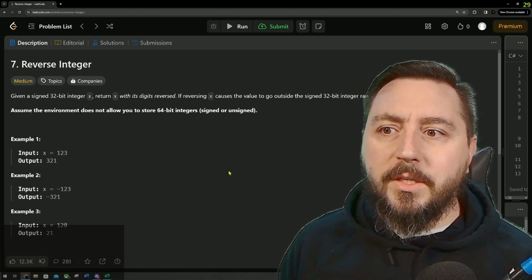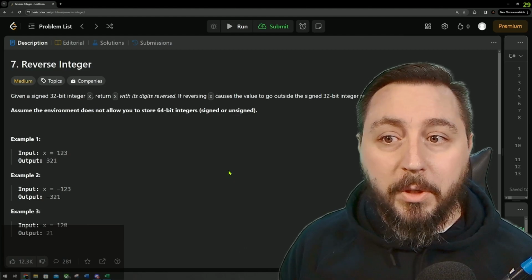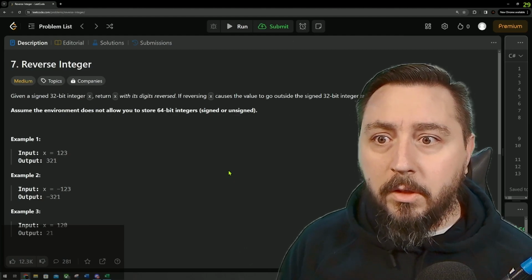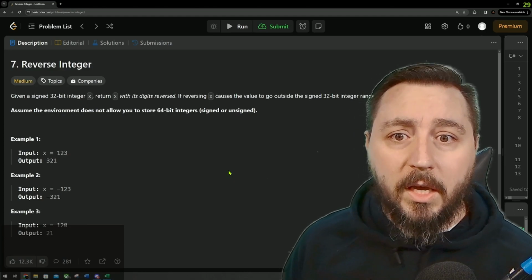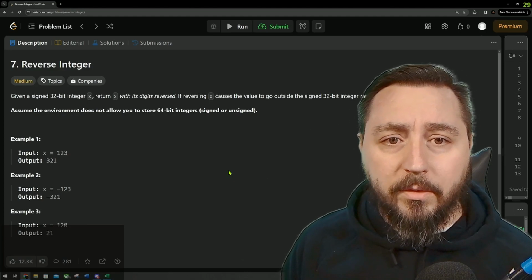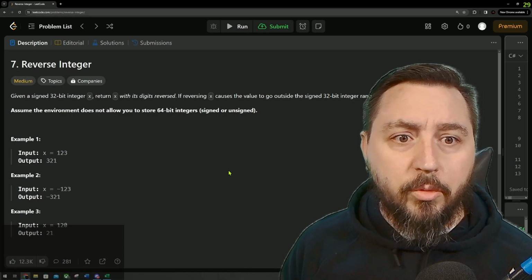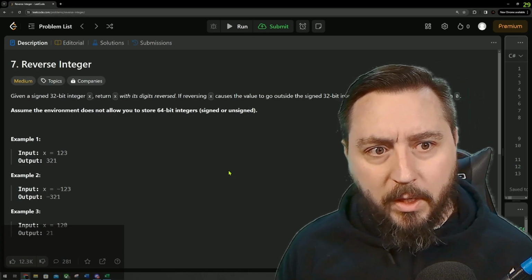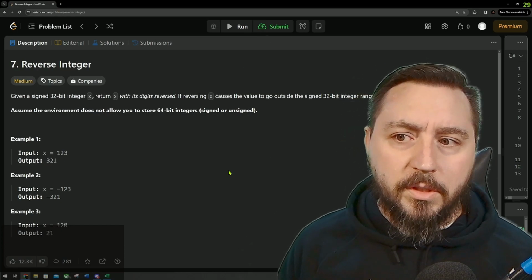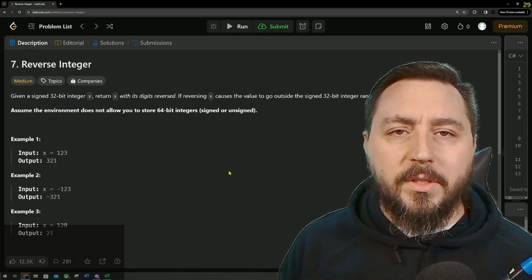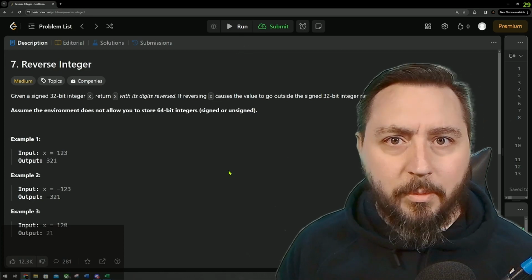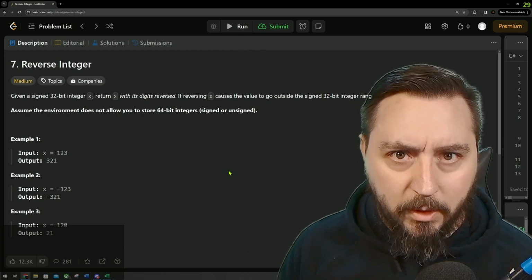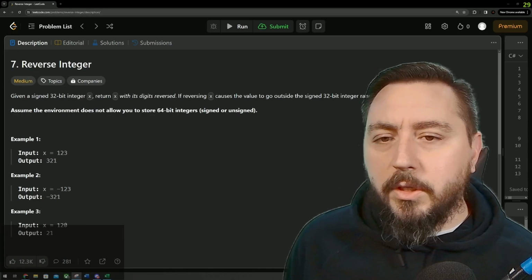So what it says here is, given a signed 32-bit integer x, return x with all of its digits reversed. If reversing x causes the value to go outside of the signed 32-bit integer range, and then it explains what the range is, then it wants you to return 0. And this is saying just assume the environment doesn't allow you to go to 64-bit. Basically, you just can't go higher than the 32-bit, all right? So what we're going to do here